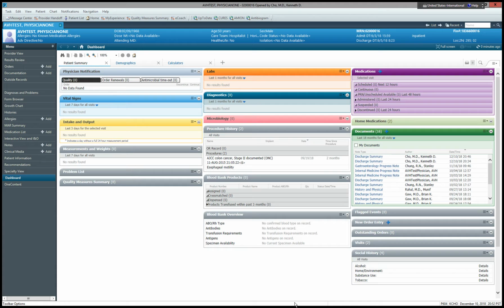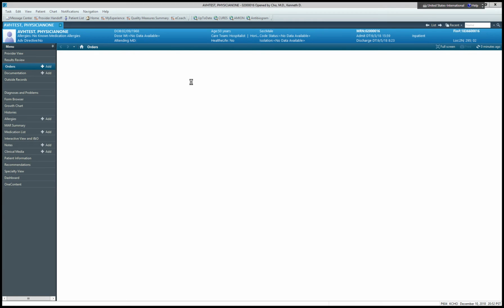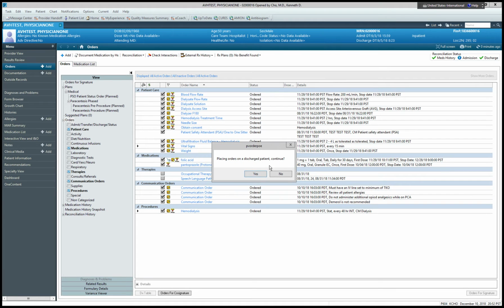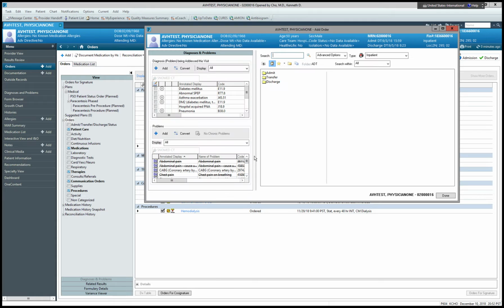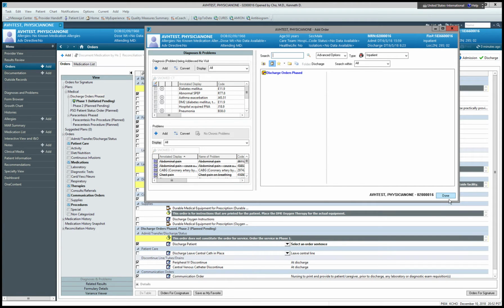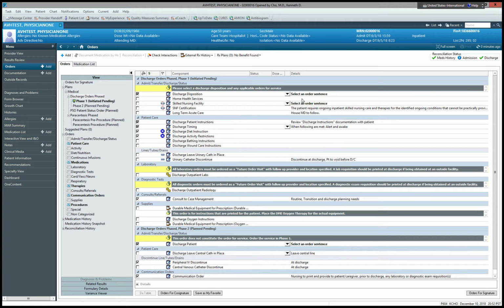Okay, vamos a go over the process of discharge in a patient going to a nursing home. I normally go to the orders for discharge. This is a test patient, so this is not going to show in a real patient. So we go to discharge and discharge disposition